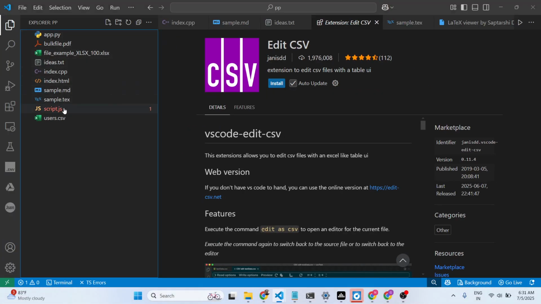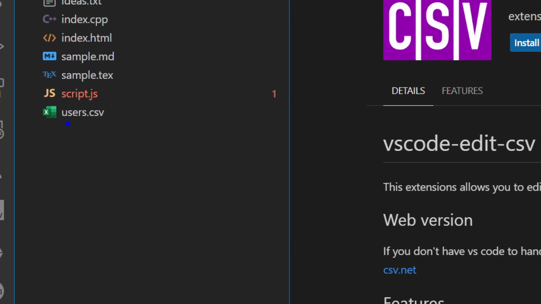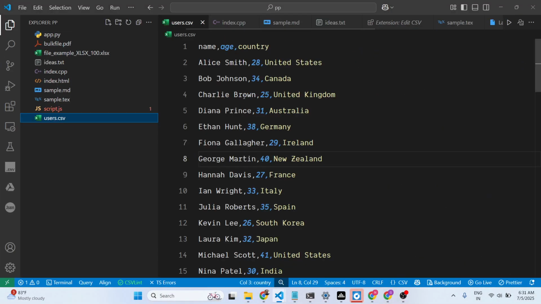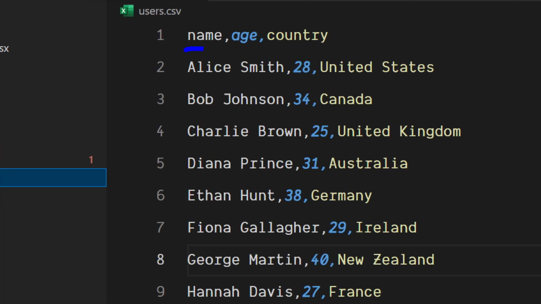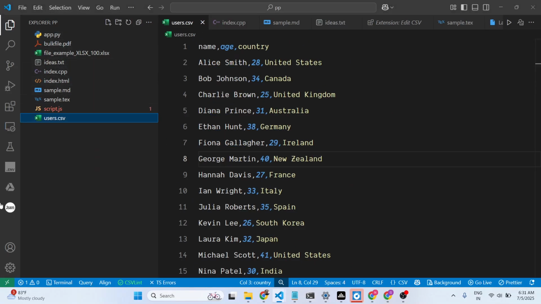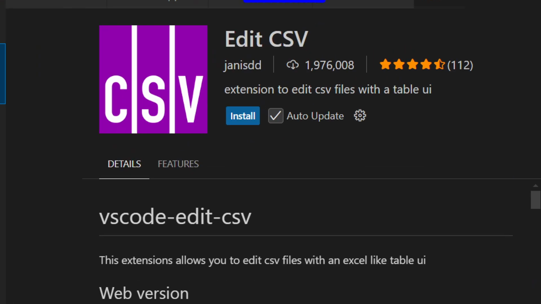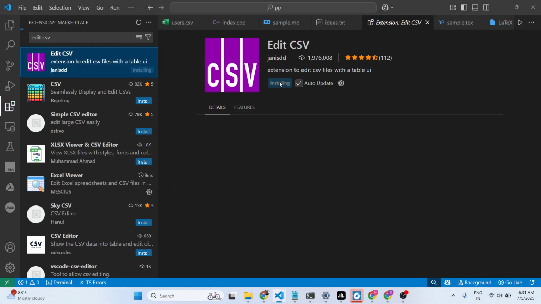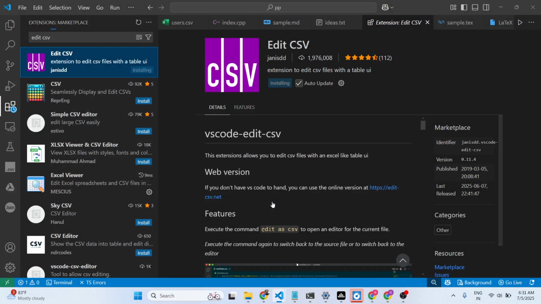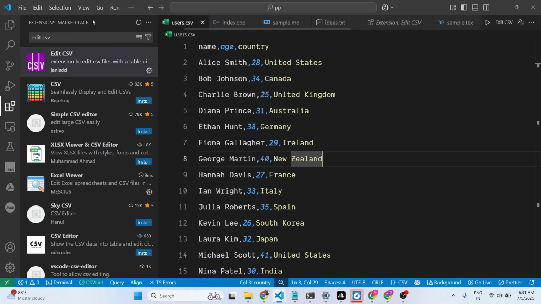By default, if I open the CSV file, this is my users.csv. By default, it appears like this, very vanilla like. It doesn't highlight the major things inside the CSV file. But if you activate this extension, it will actually come with a table like user interface. So simply click the install button and just install this extension. So after installing it, if you open the same file,